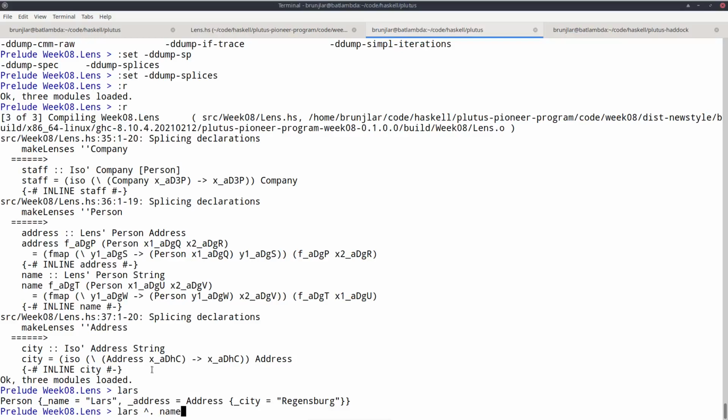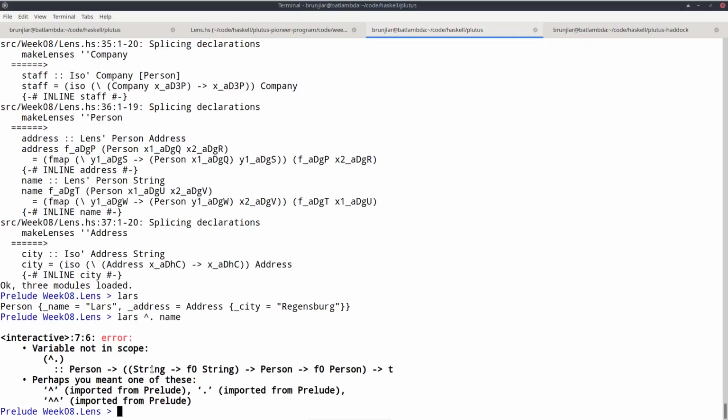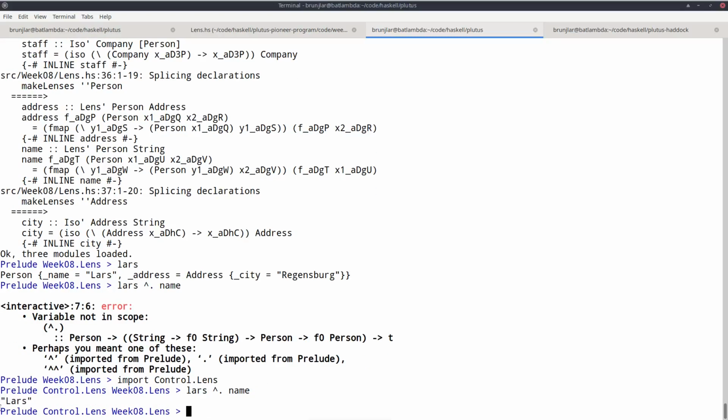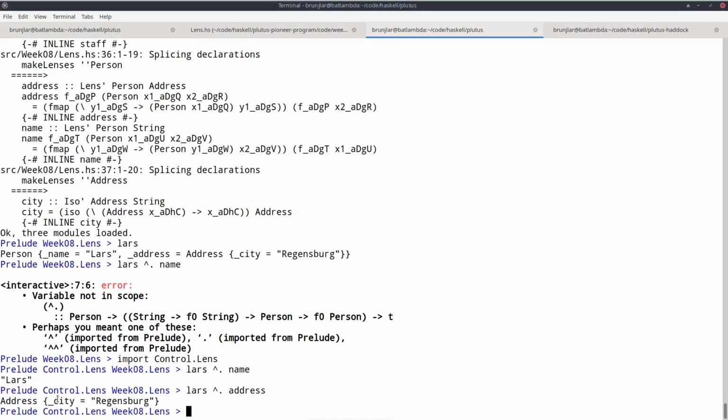So let's take the name lens. I see I have to import Control.Lens for this to work. Then I indeed get Lars, which is not very exciting, but at least it works. Similarly, if instead I use the address lens, then I get the address.